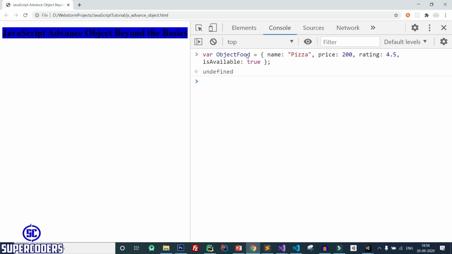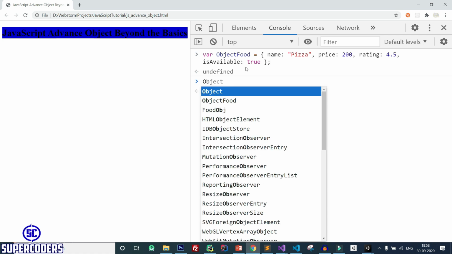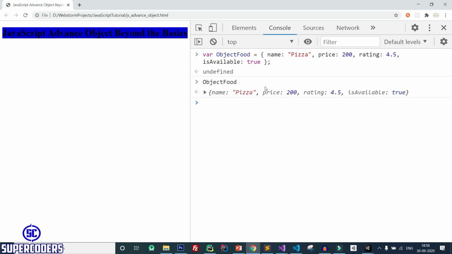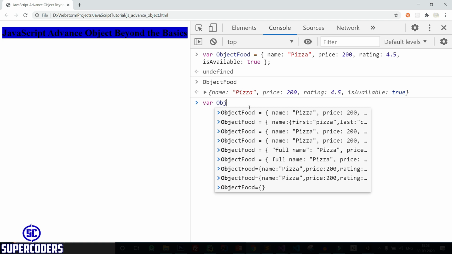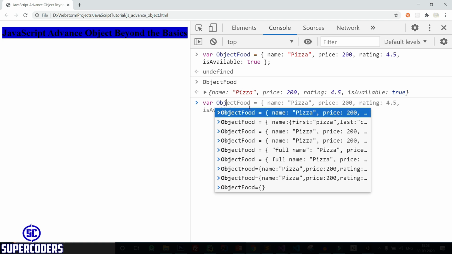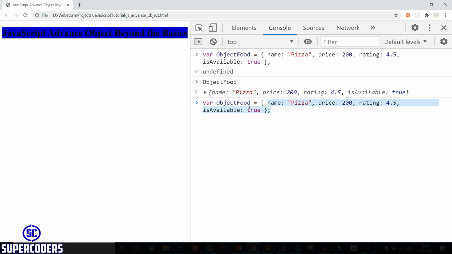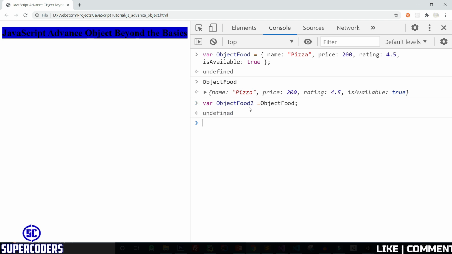Simply click enter. Now if I try to access object food, you can see it's working. But if I add one more object, let's make it object food 2 and assign the value of object food, enter.